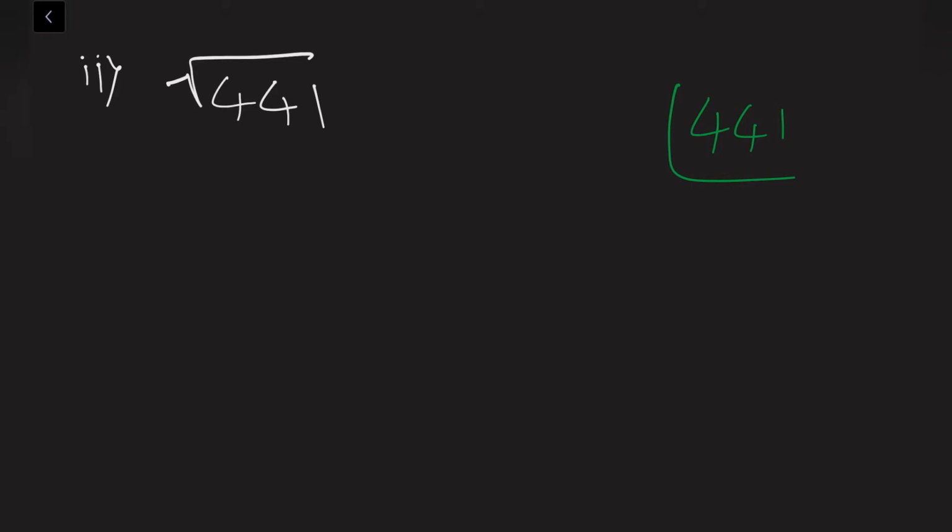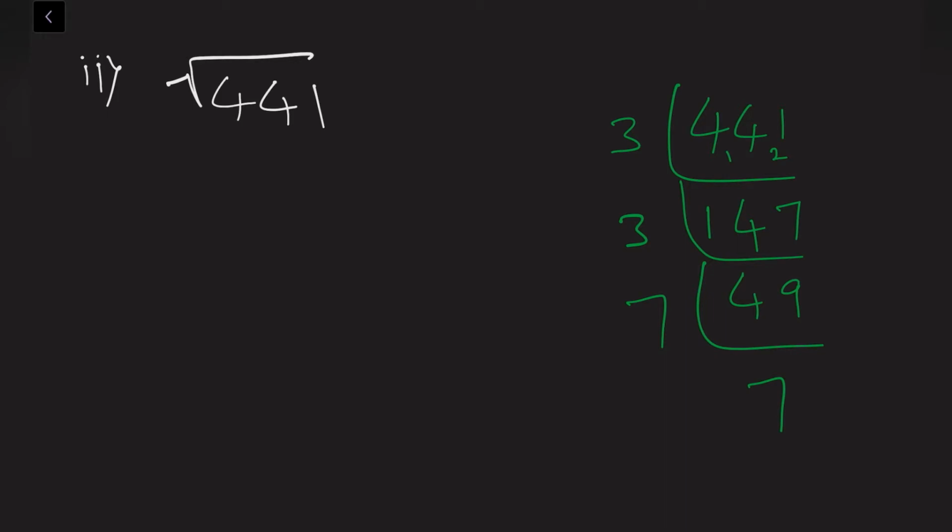Next, if we observe, we have under root 441. Same for 441 also, we will do prime factorization. 441, if you do prime factorization, this will come in the 3 table because 4 plus 4 is 8, 8 plus 1 is 9. So 3 1s are 3, 1 remains, 3 4s are 12, 2 remains, 3 7s are 21. 4 plus 1 is 5, 5 plus 7 is 12, again the 3 table will come. So 3 4s are 12, 3 9s are 27. 49 will come in the 7 table, 7 7s are 49.